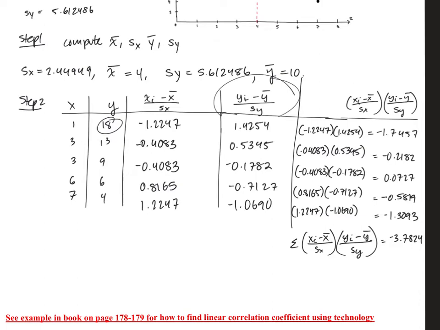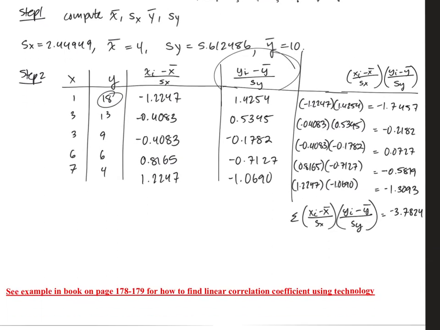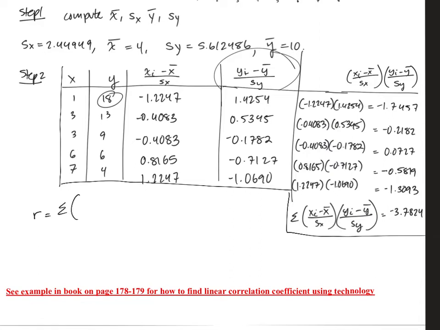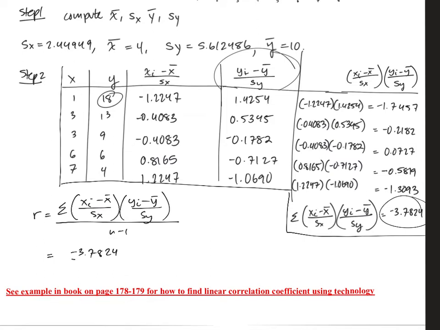Okay, so now we're almost done. The last thing, let me go ahead and box off our chart here. The last thing we're going to do is calculate the linear correlation coefficient. So that's going to be, remember, as the formula was written out. Let me just go ahead and write that down real quick. Divided by n minus 1, where n is the number of observations. That's going to be the negative 3.7824 divided by,